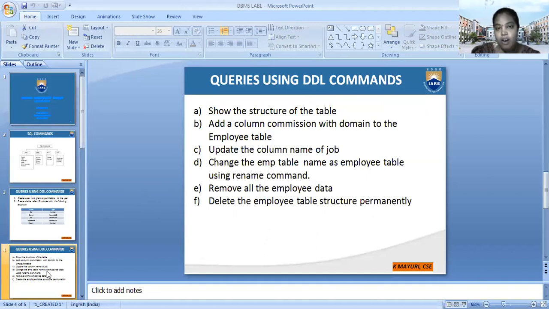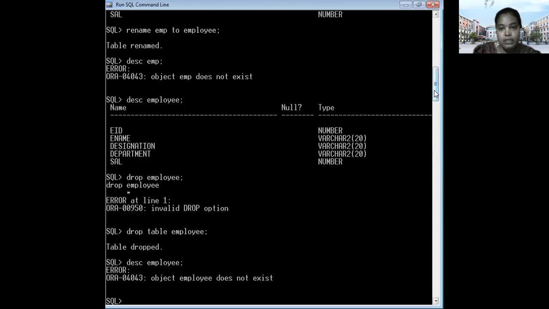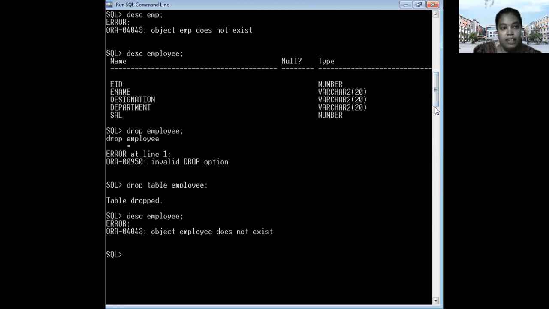Add a column commission. How to add a column commission? By using the alter command. Here we have to remove the basic employee table. Create table EMP with EID number, for example only one column. Now add one more column, the commission of an employee.